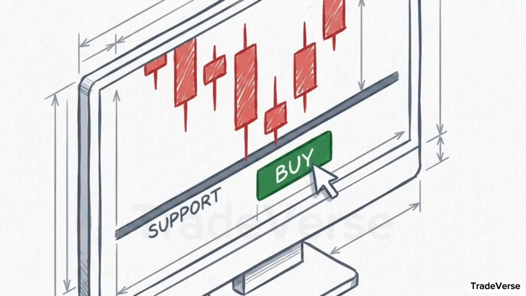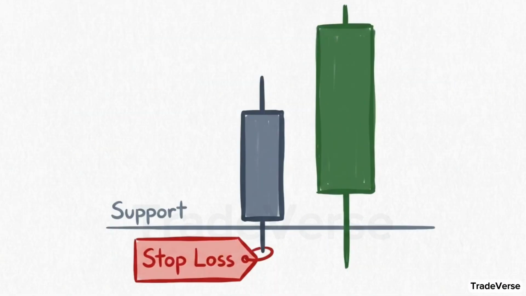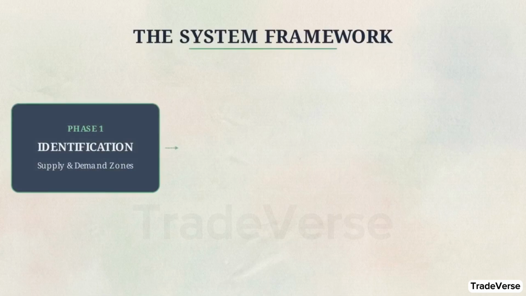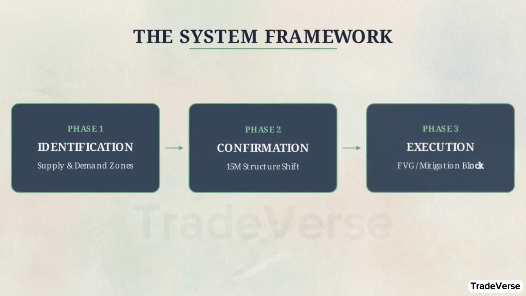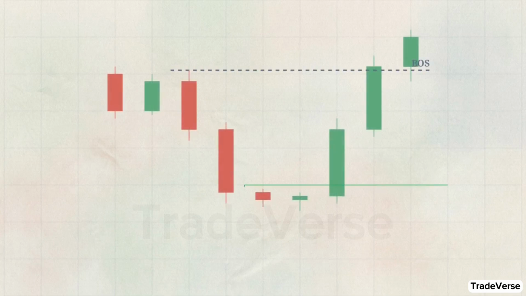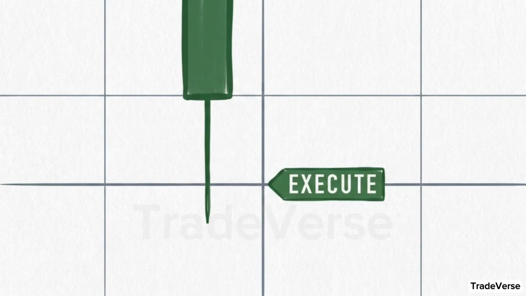You've been there. You spot a perfect support level, place your trade, and watch price hit your stop loss, fracture your setup, and then immediately launch in the direction you originally predicted. By the end of this video, you will have a complete step-by-step supply and demand system. You'll know exactly how to map the zones where institutions enter their positions and how to time your own execution